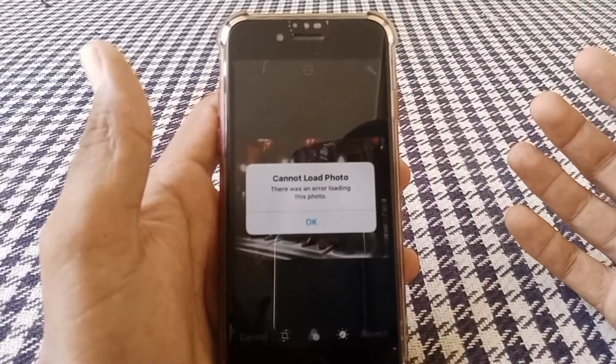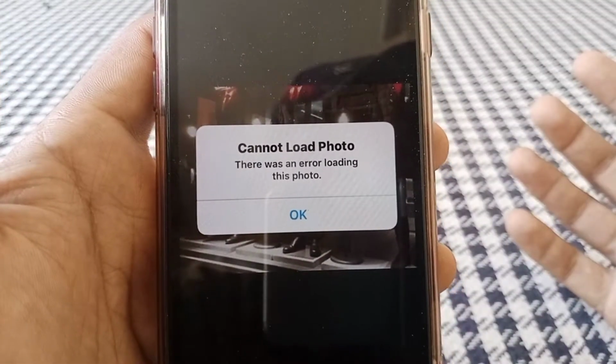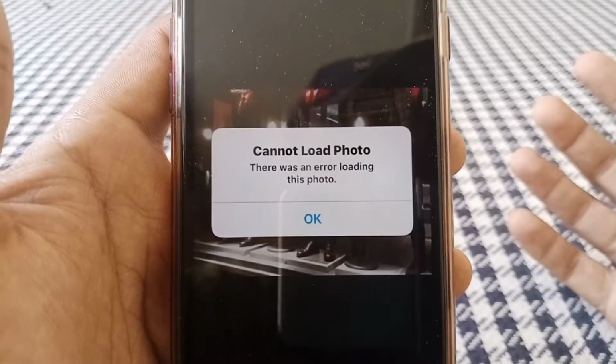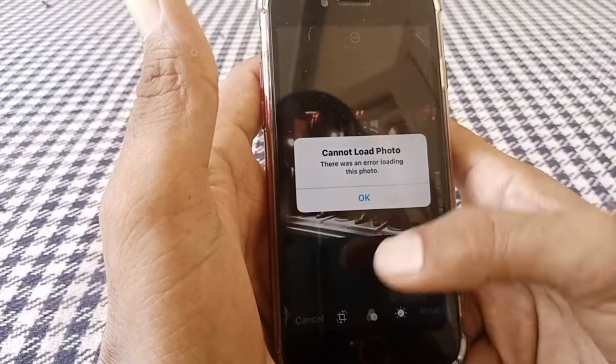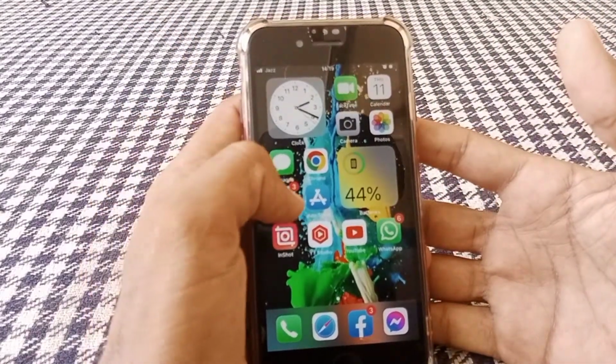So guys, in this video I'm gonna be showing you how to fix this type of error. If you are facing this type of error, then I will show you how you can fix it. Just simply close this page from here, and after that what you need to do is just simply open settings,